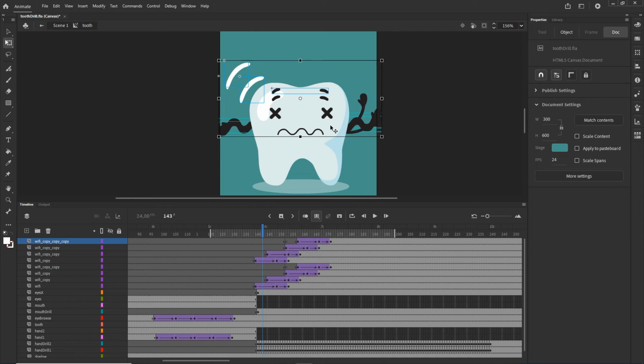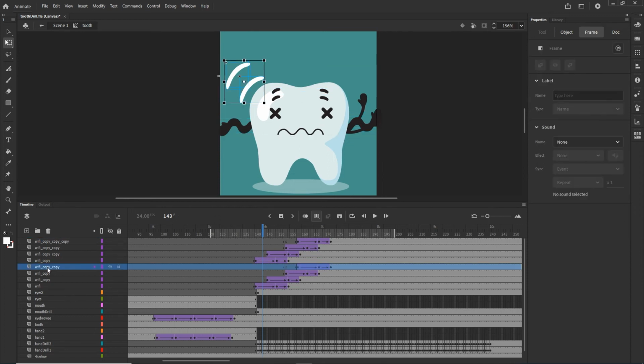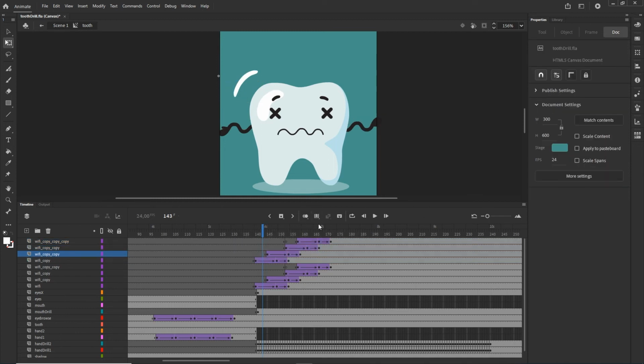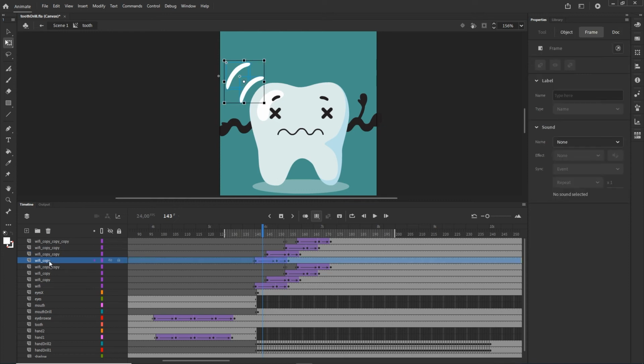And now I'm going to click on this duplicated Wi-Fi, and I'm going to select all of them like so. I will show you one more time. So nothing is selected. I will click this edit multiple frames. This is going to give me range, or you can adjust the range. Then I am going to select these duplicated Wi-Fis, as I call them, and now I'm going to, with shift